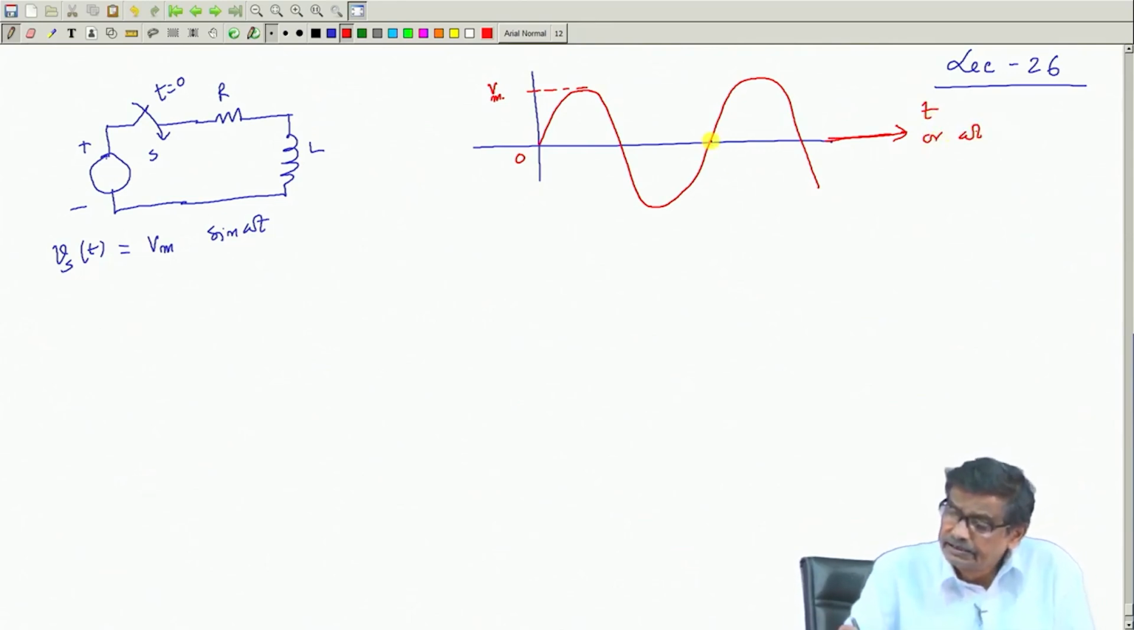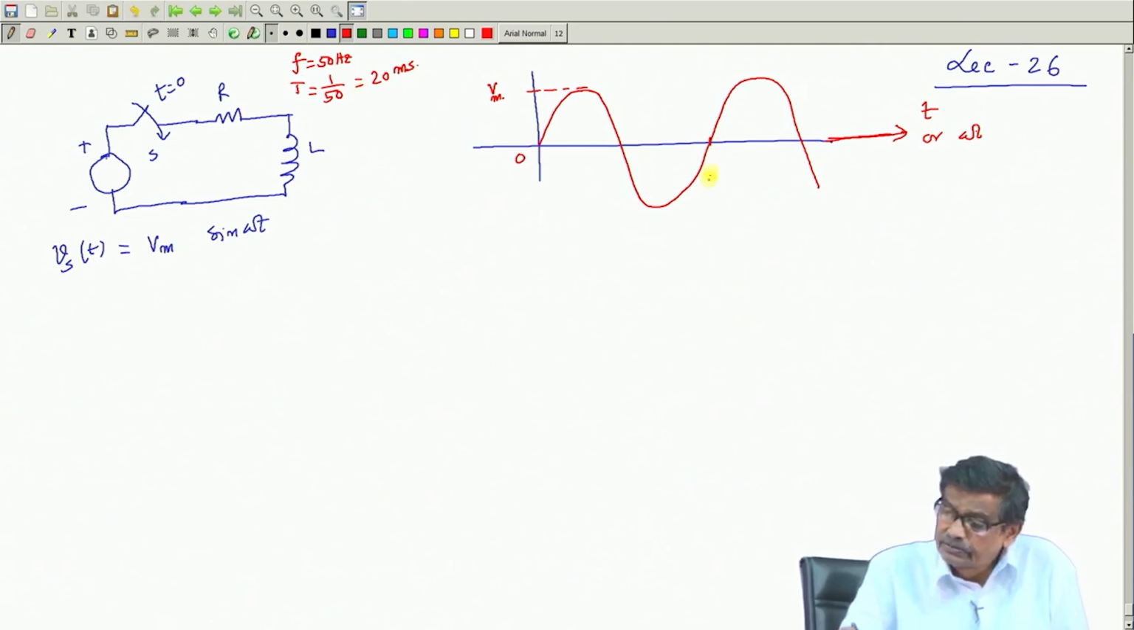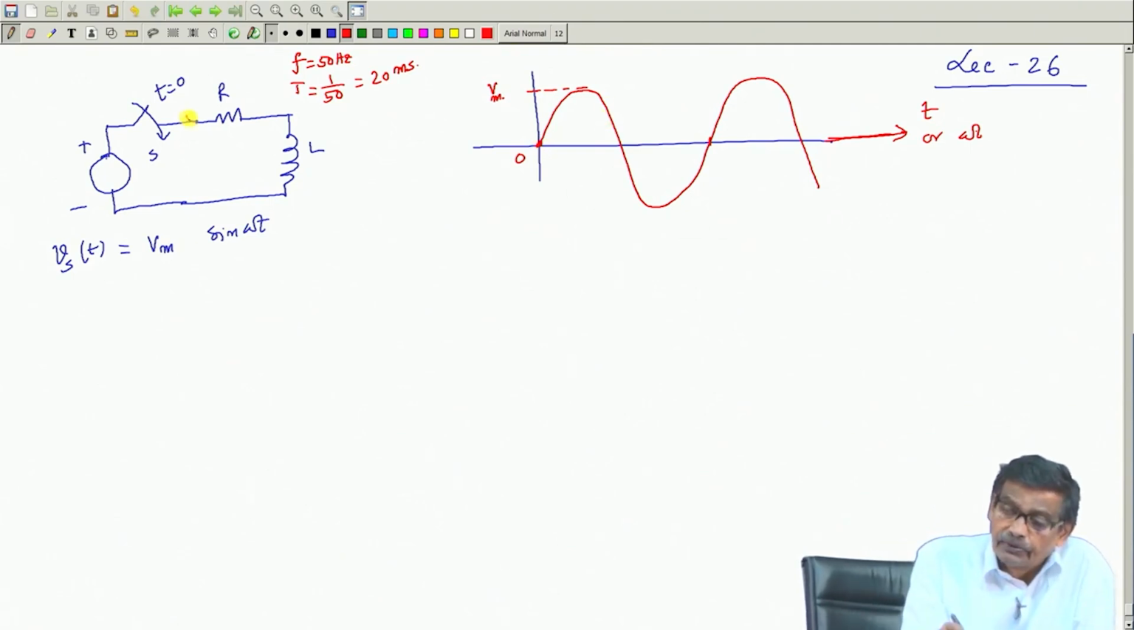If it is t, then for our supply system in our country, frequency is 50 hertz. So, time period is equal to 1 by 50, which is equal to 20 millisecond. These numbers you must remember. So, this total time here is 20 millisecond. Now, if you close this switch at t equal to 0 and I want to know what will be current,